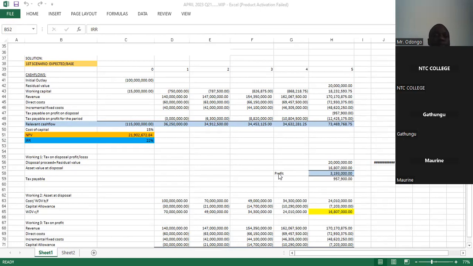So you have to remember that in the same manner, yeah? In the same manner,